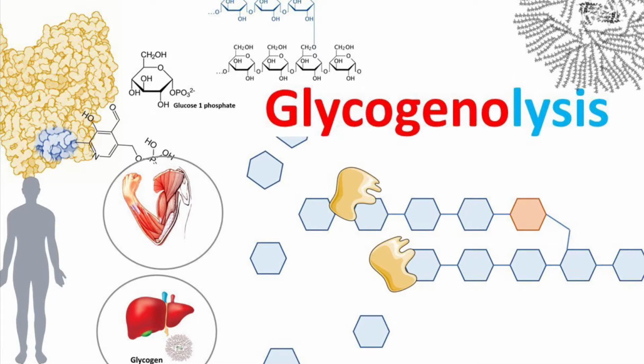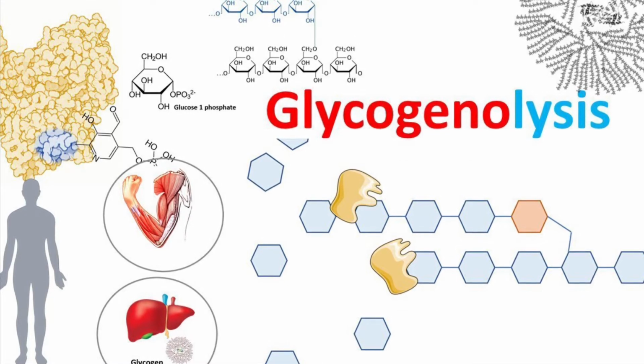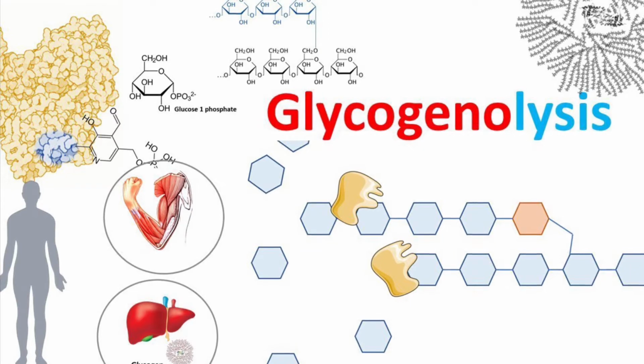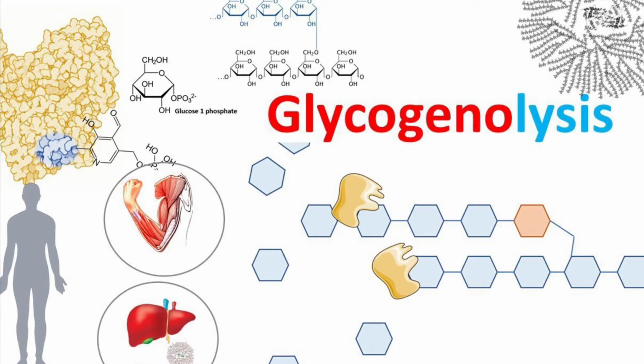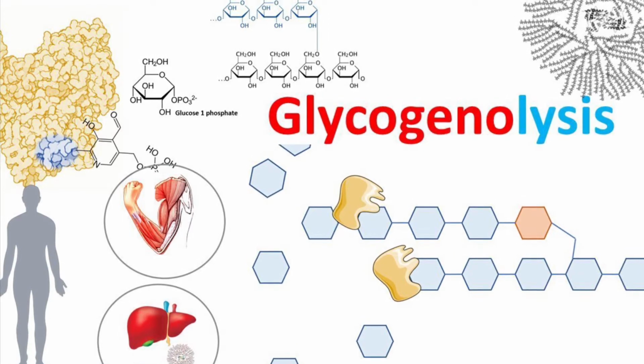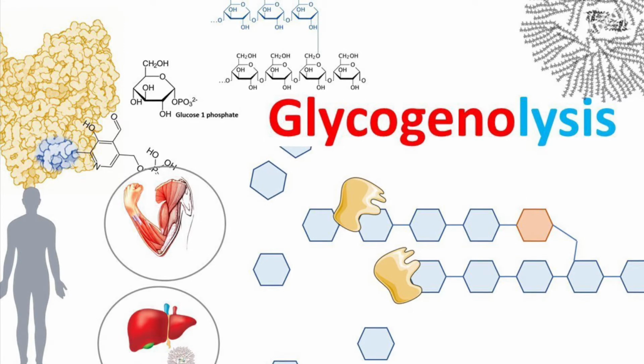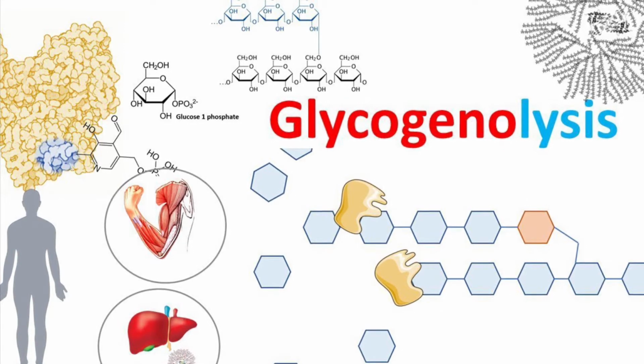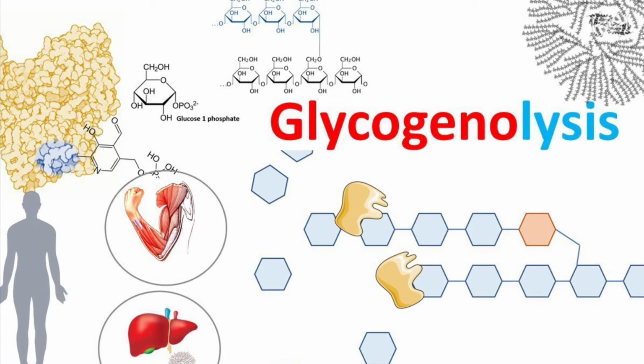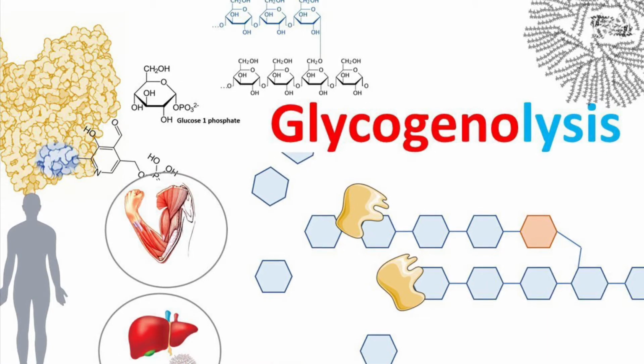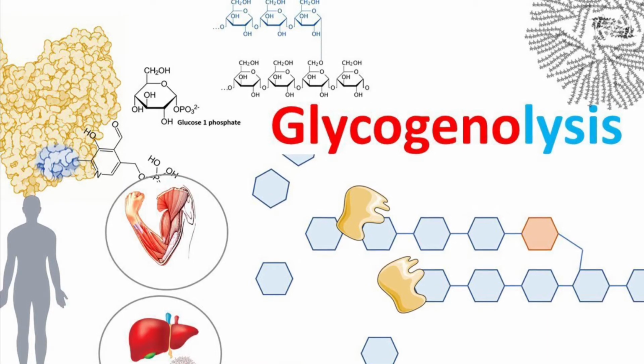Okay, so today we're going to be talking about glycogenolysis. A bit of a preview: it's based on glycogen, and glycogen is the main carbohydrate stored in muscles and the liver. Glycogenolysis is the breakdown of glycogen into glucose, because we want to be able to use glucose for